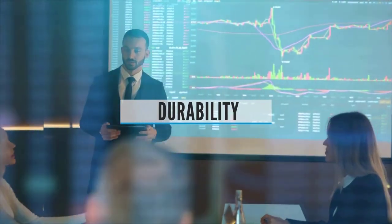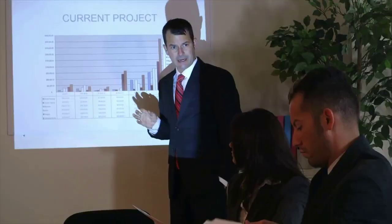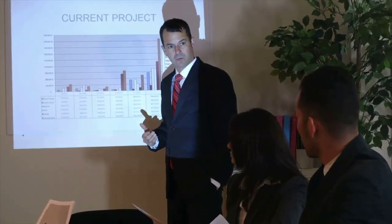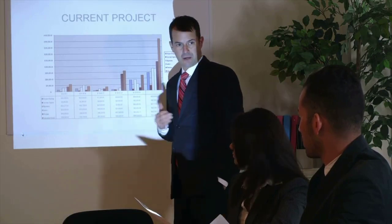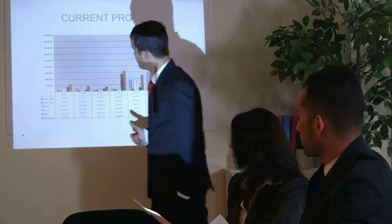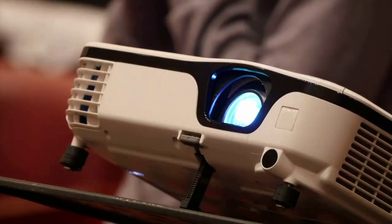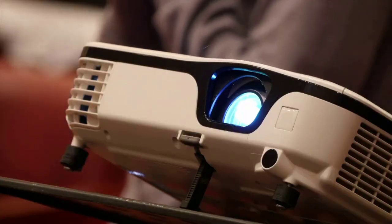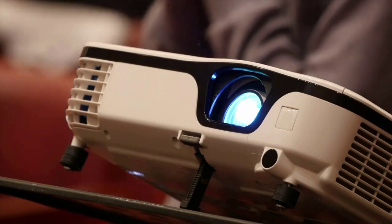Durability. One of the less talked about advantages modern UST projectors have is that their light source lasts longer. Thanks to their solid-state laser or LED light engines, most ultra-short-throw laser projectors are rated to last at least 20,000 hours. That's equivalent to binging all of Netflix for 2.25 years straight. When you compare that to the 3,000 to 5,000 hours you get from a traditional projection lamp, laser projectors